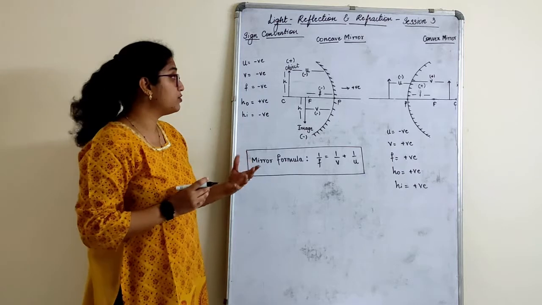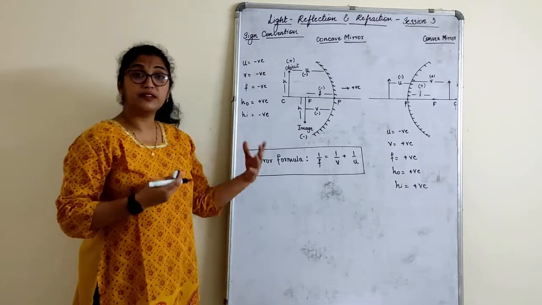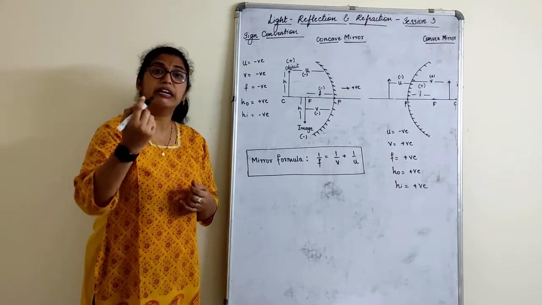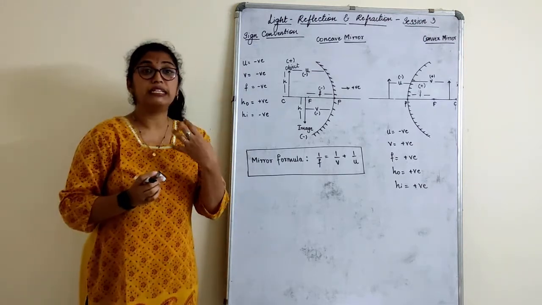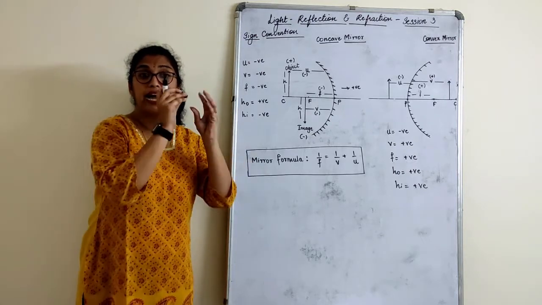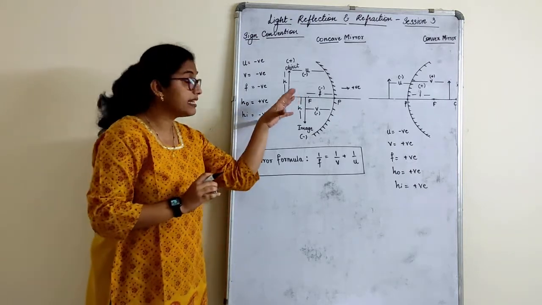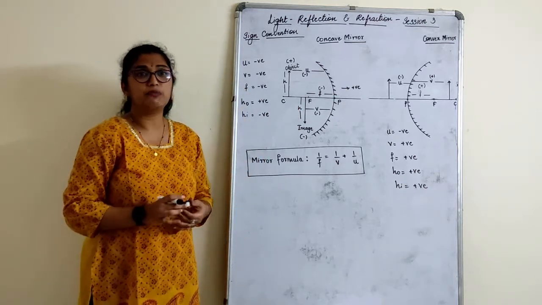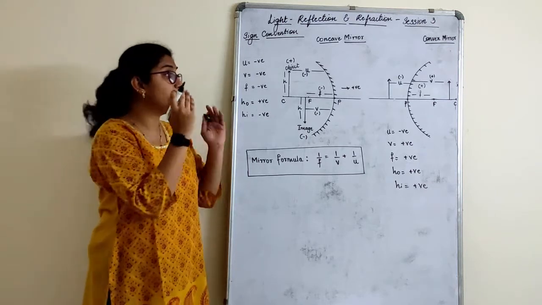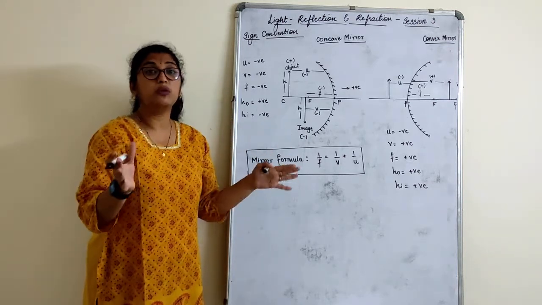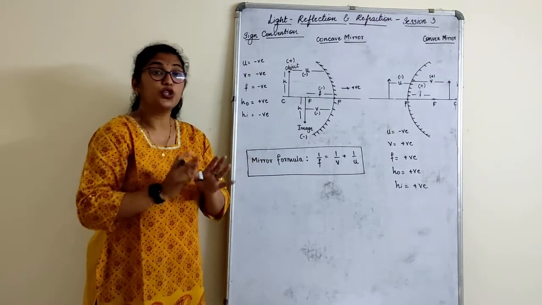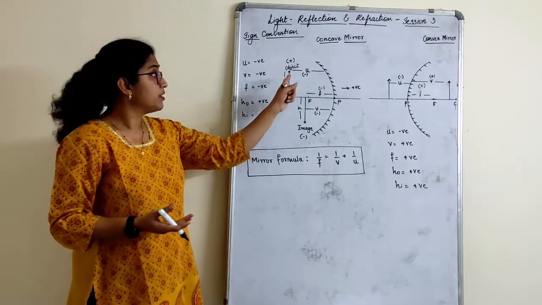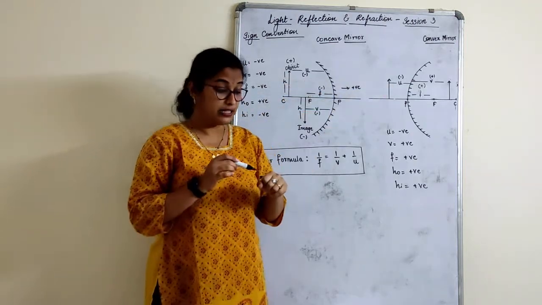Just as an example, last year I saw some of my students doing this so neatly by using color sketch pens or anything, so that those signs were so neatly visible. All positive signs were highlighted with one particular color, all negative signs with another color. That's not for decorating, I'm not telling you that, but still you know those things. When you look at the sign convention, it should not look messy. It should look very neat. Try to do this very neatly for both concave as well as convex.